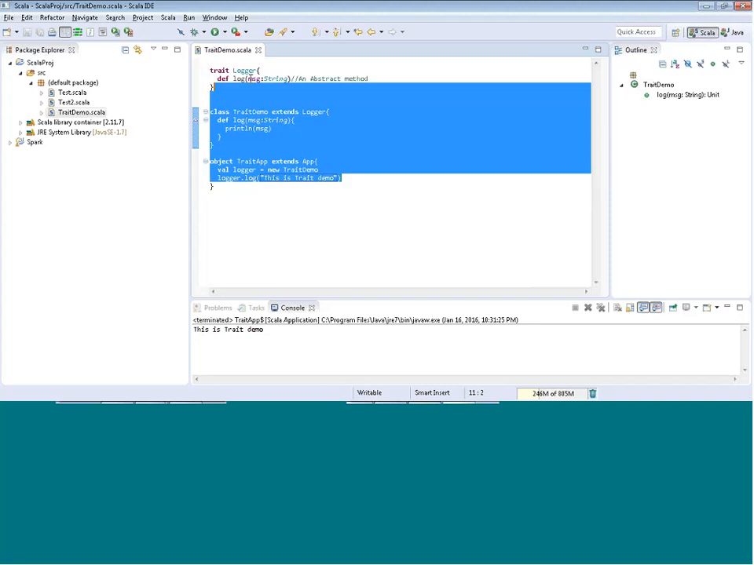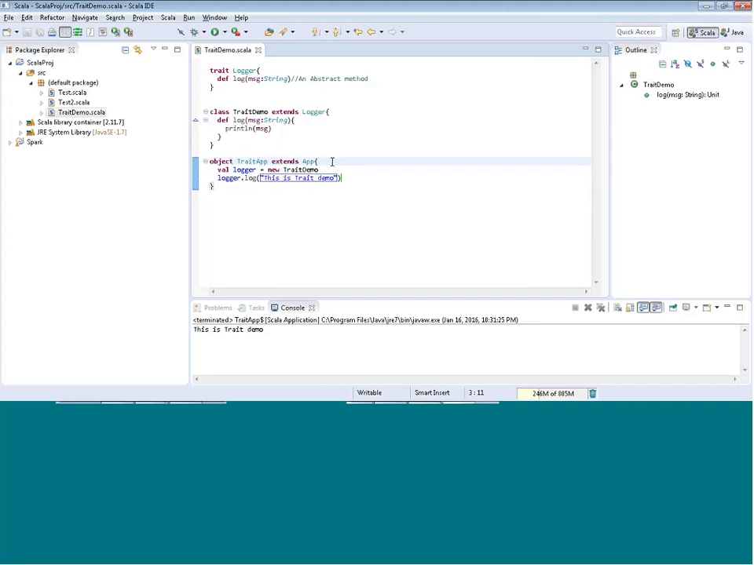Okay, so this is basically a trait demo which shows you how to use a trait. We call it a trait, but it's an interface for Java, for example, where you have methods defined in an abstract form. It doesn't have any implementation defined here. As you can see, I just have a log method which takes one parameter, a message, as a string,